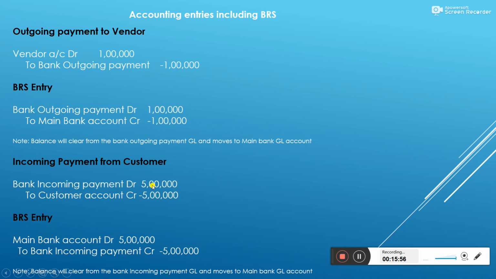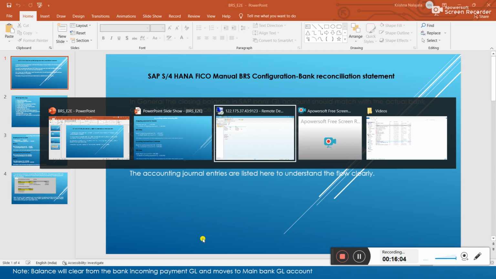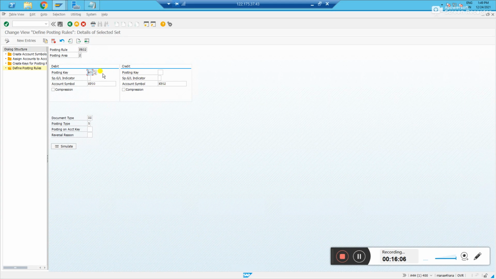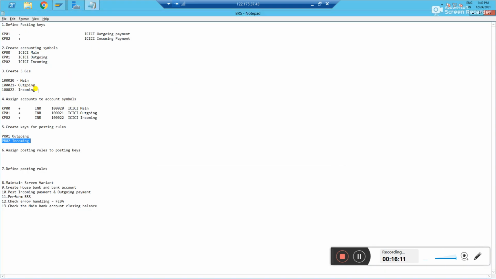It means in a BRS the same account needs to be credited, incoming payment. Okay, let us validate that is credited or not. See here, credit what? KP02. KP02 is your incoming payment, right?